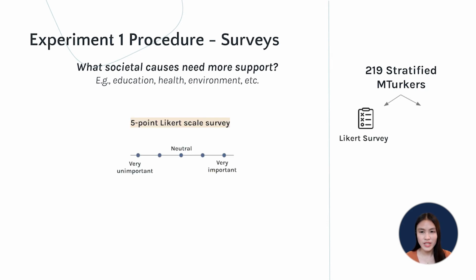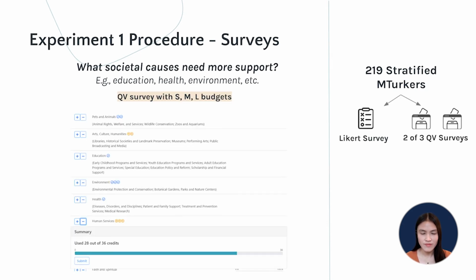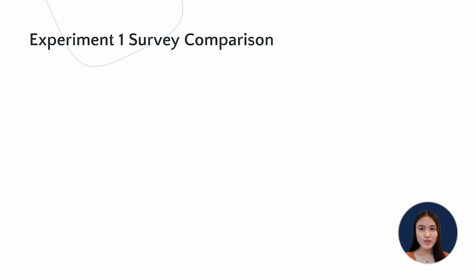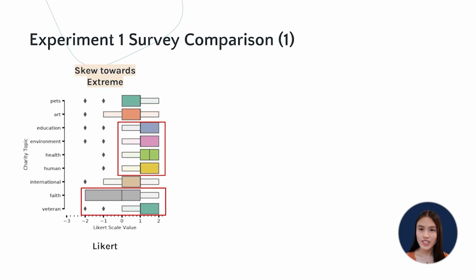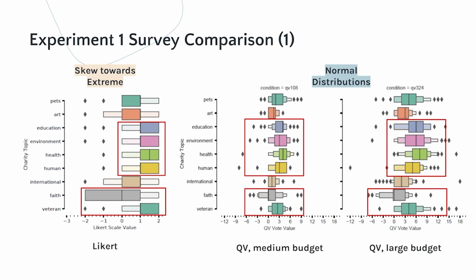Participants either completed a 5-point Likert scale survey, or 2 of the 3 QV surveys with either a small, medium, or large budget of credits. We see 2 major differences in the results from the 2 surveying techniques. First, the distributions of Likert responses to each cause were often skewed towards the extremes, while QV responses were normally distributed. This may be because QV gives users more flexibility to express their extreme preferences as long as they're willing